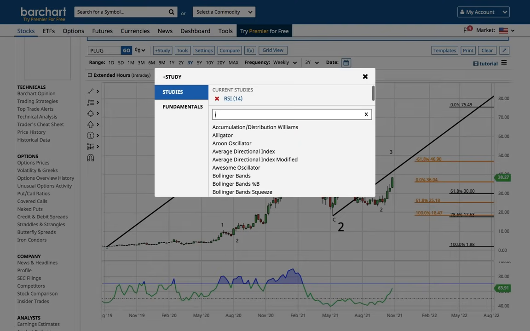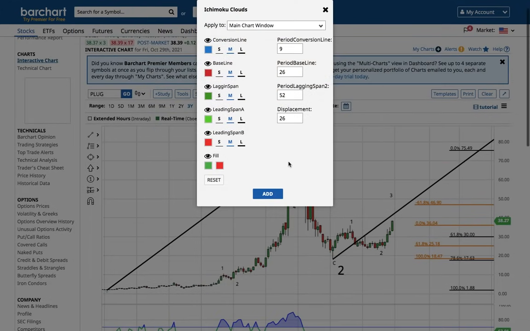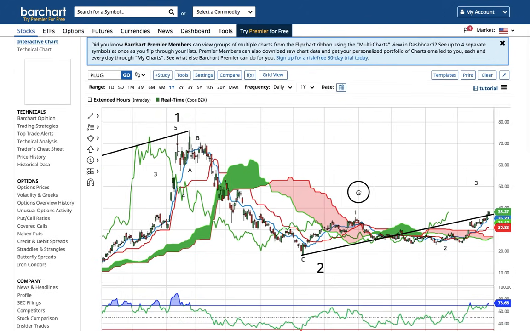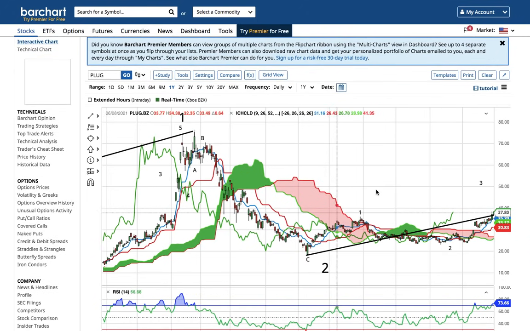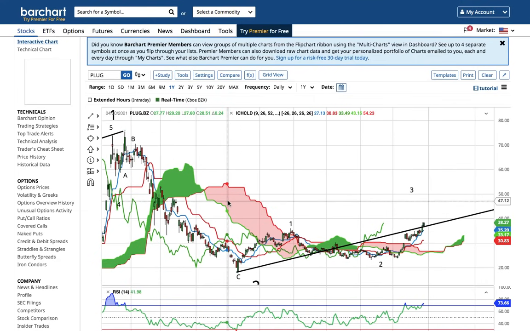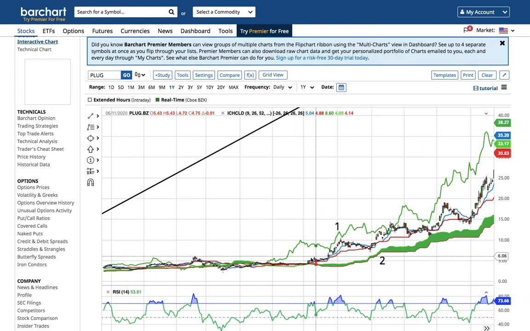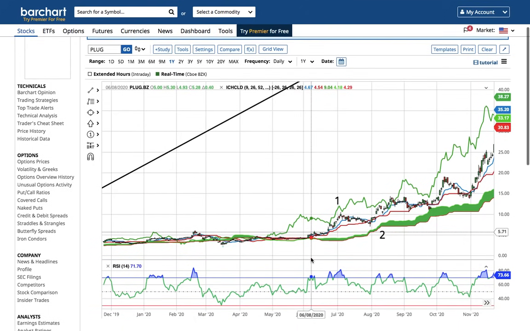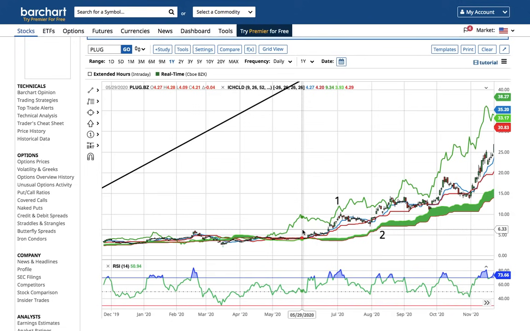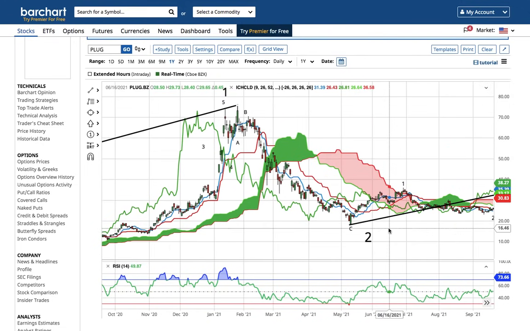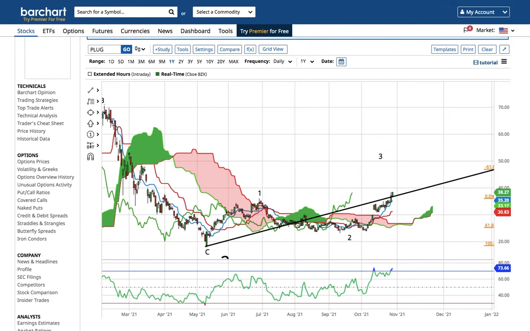I want to say if we turn on the Ichimoku cloud, certainly on the daily, we're getting an objective reading. This could be a big breakout, so I really like using the Ichimoku cloud breakouts to help confirm these big wave 2 corrections, because this is an objective reading. When you have an Ichimoku cloud breakout like this on the daily chart, just look at what happened the last time, right? The last time that Plug Power had an Ichimoku cloud breakout was in June of 2020. It went from less than 5 to 75. Okay, this is the most recent Ichimoku cloud breakout since then.